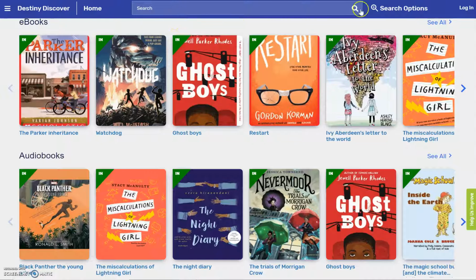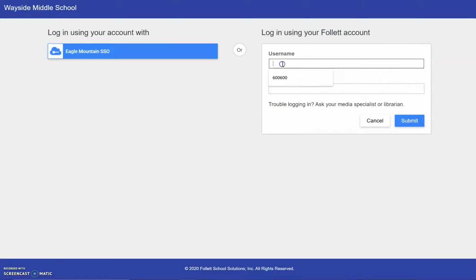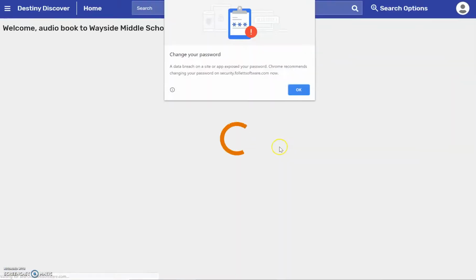So if we know we're going to check out an ebook or audiobook, we're going to go over here to the right hand side and click on Log In. And then you will just type in your ID number. So it's going to be your ID number for your username and your password. And then you click Submit. Once you log in,